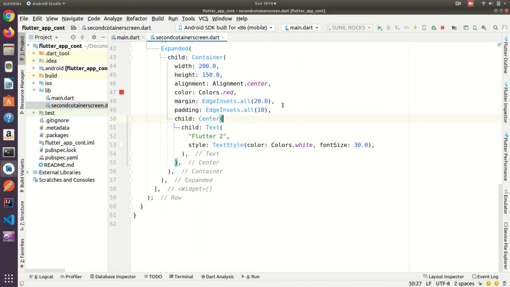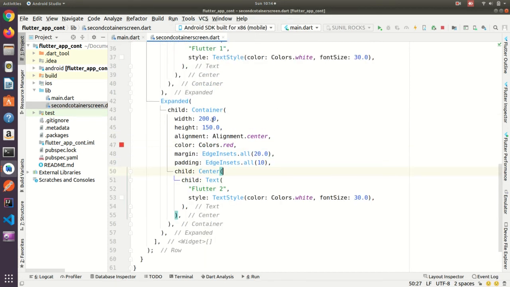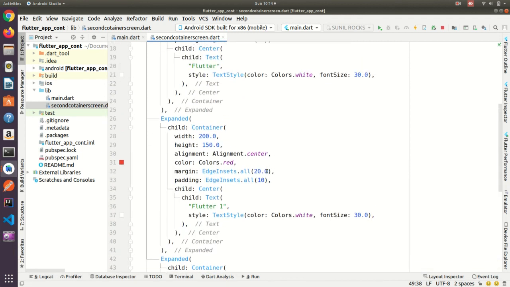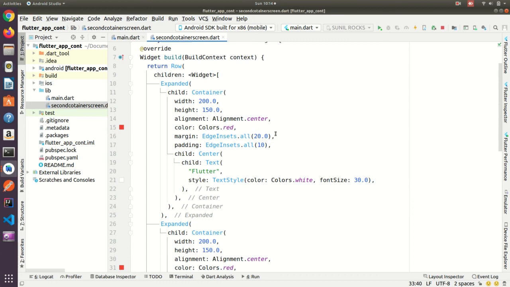So here the margin we have given, we need to decrease that. Margin and padding, here also instead of 5 I am going to give 5.0, here also 5.0 and 5.0.